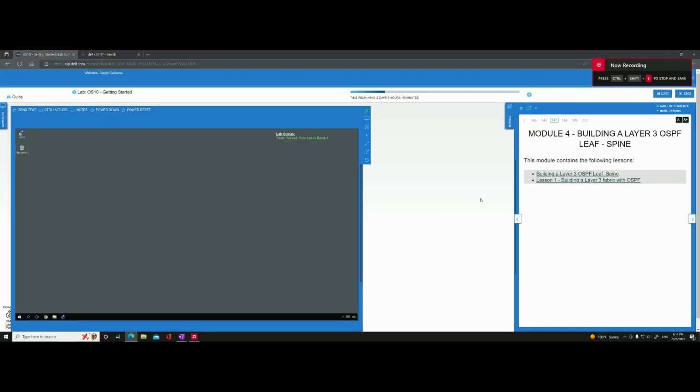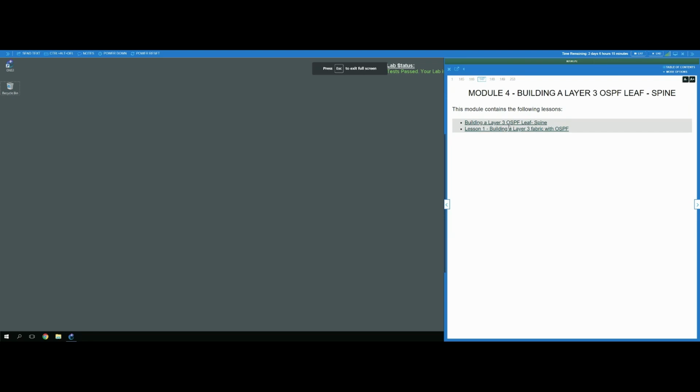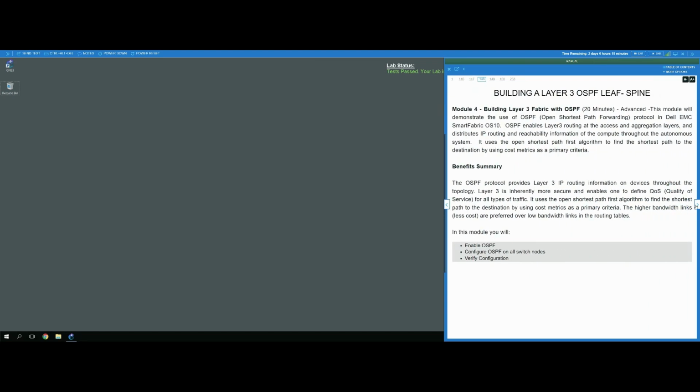All right, so this is gonna be lab number 4. Okay, so let's move to the next one. Well, let's go back. The purpose of this lab is to demonstrate the use of OSPF, Open Shortest Path First protocol, in the Dell EMC SmartFabric OS10. And like I mentioned in previous videos, the version for this GNS3 lab is the OS10 Virtual